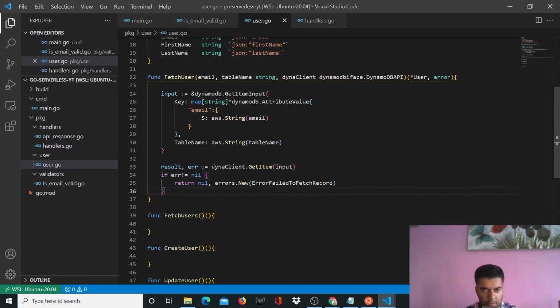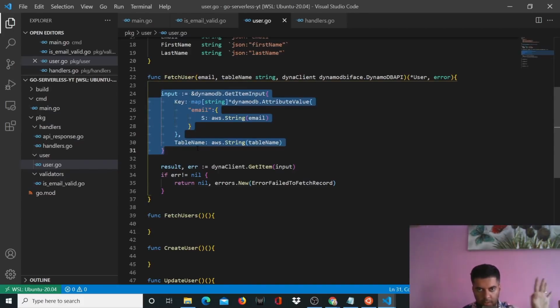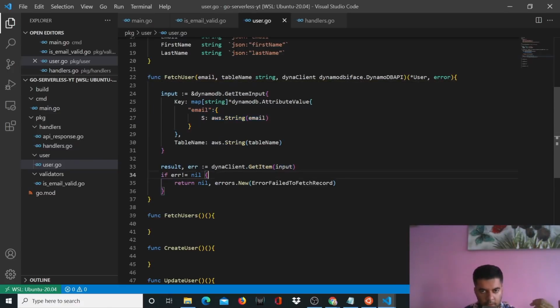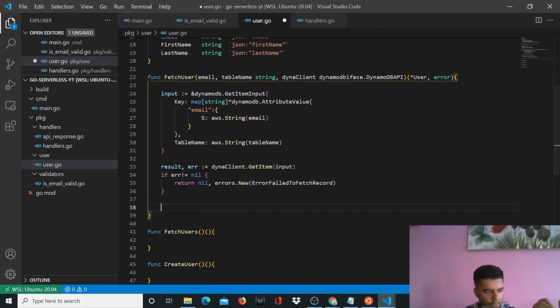So you've created a query very similar to MongoDB, right? You've created a query based on the email because you want to search for that email so that you can retrieve the user, and you've run the function GetItem for DynamoDB, and you've passed the query to it, and you've received that in something called result, or you received an error. So if there's an error, you handle the error. But if the result is fine and nothing really happened, then you would do something, right? But before that,